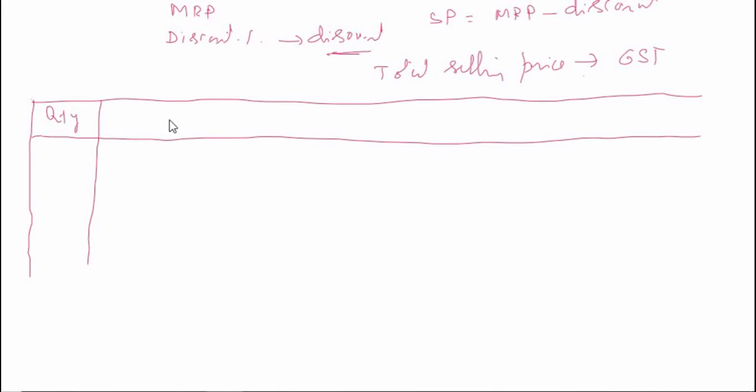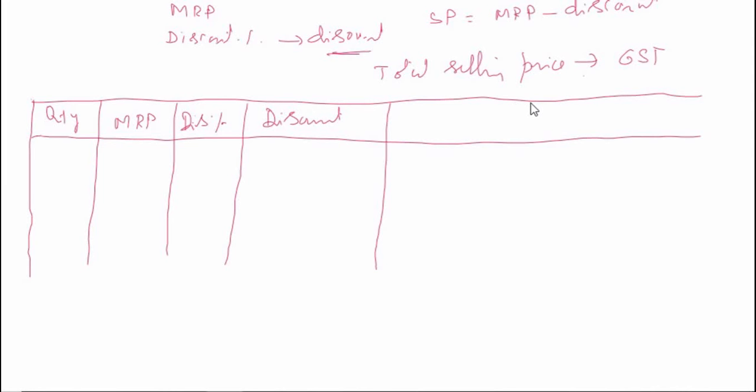The second column we will show MRP. Then the third column gives discount percentage. Fourth column gives discount. That is, from the discount percentage and MRP, you can calculate the discount.